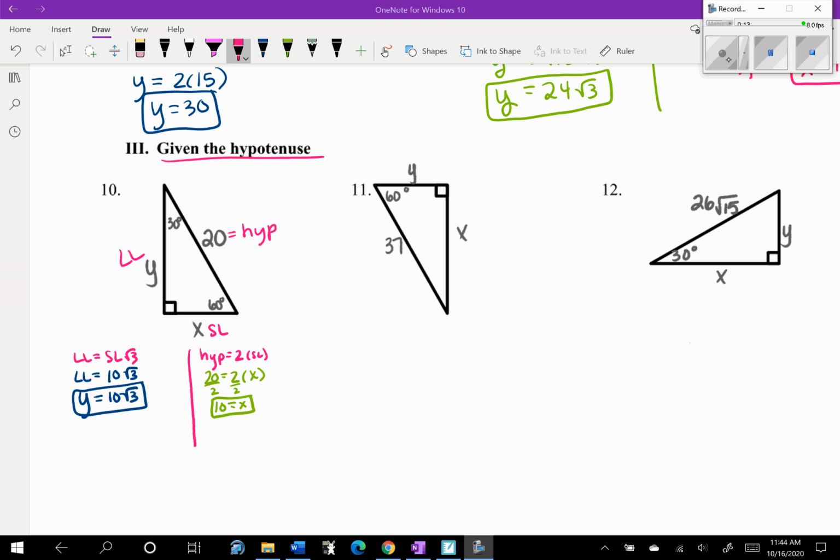All right, so let's look at the next triangle. We know that across from 60 is x, so this is the long leg. This is the 30 degrees, so that means y is the short leg, and this is the hypotenuse. Again, because we don't know the short leg or the long leg, we have to solve that hypotenuse equation first. So hypotenuse is equal to 2 times the short leg. In this case, hypotenuse 37 is equal to 2 times the short leg, which is y. So divide by 2, and we get